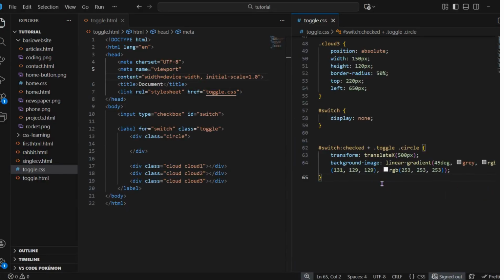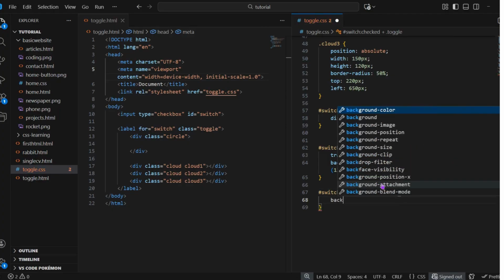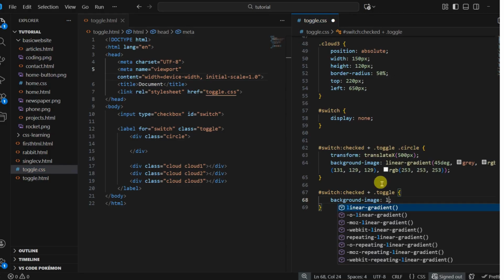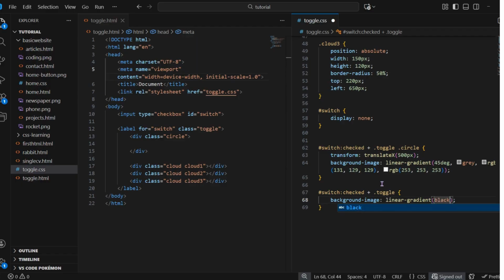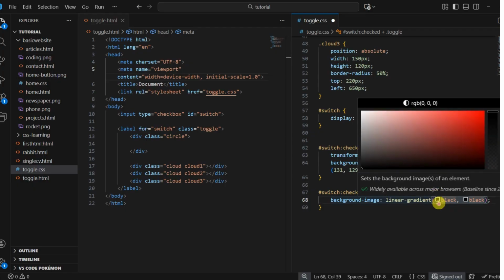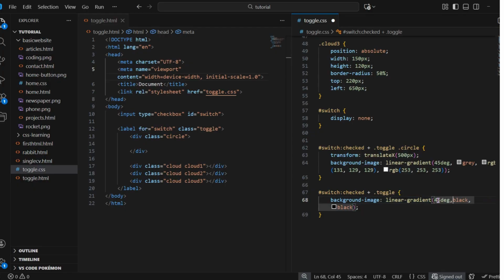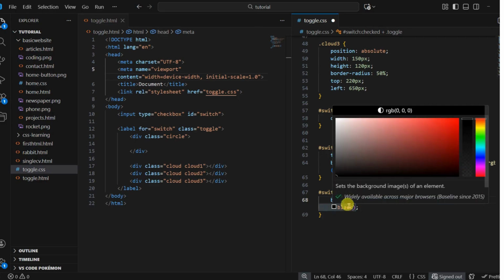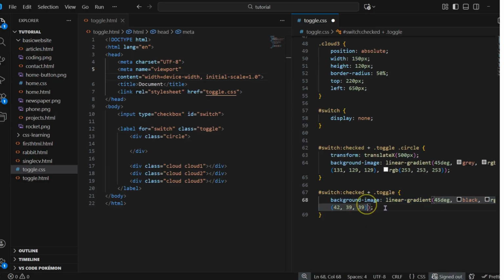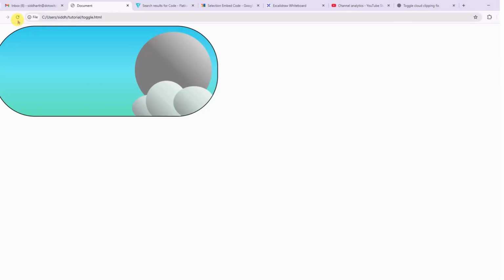Now I want that when switch is checked, I just want the toggle's background image, linear gradient, black, black, and this should be 45 degrees as well. So this should be this sort of black, right? If I save it now,